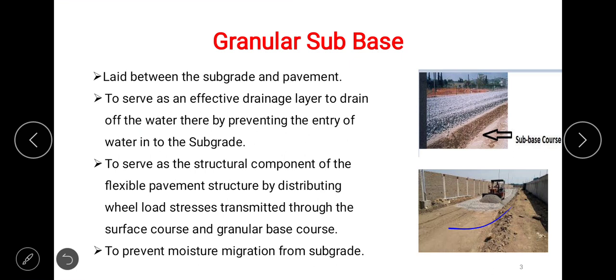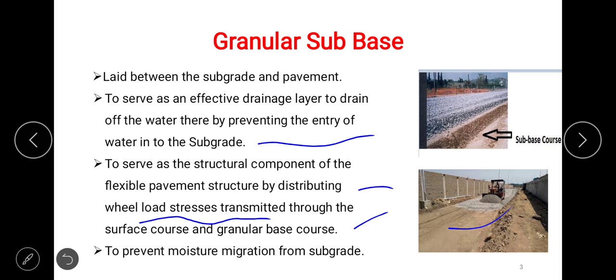It is laid between the subgrade and the pavement in order to serve as an effective drainage layer to drain off the water, thereby preventing the entry of water to the subgrade. So granular subbase will help in preventing the entry of water into the subgrade. Naturally, the subgrade will be stronger because it is away from moisture content. In order to serve as the structural component of the flexible pavement structure, disturbing wheel load stresses transmitted through the surface course and granular base course.